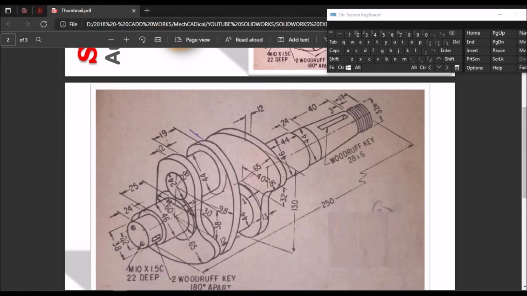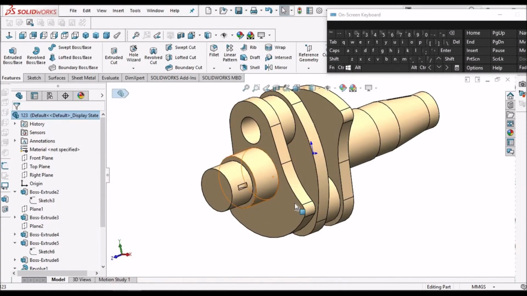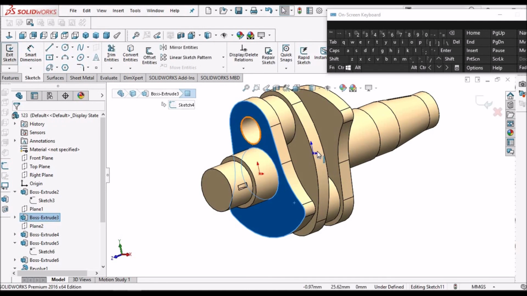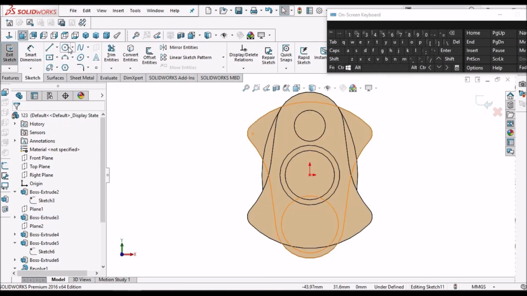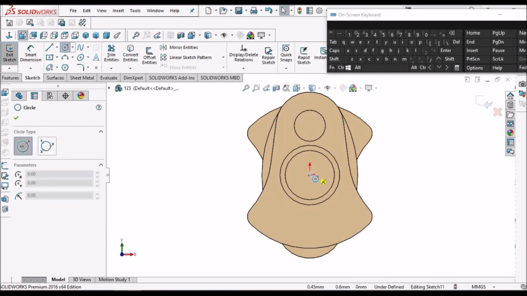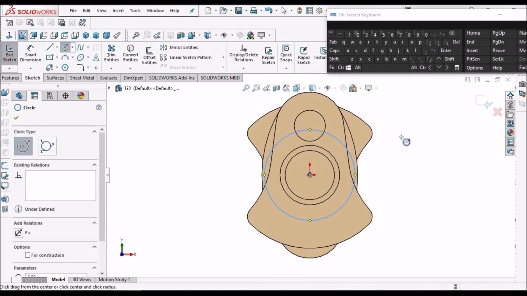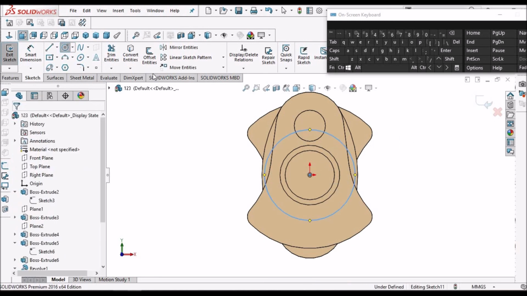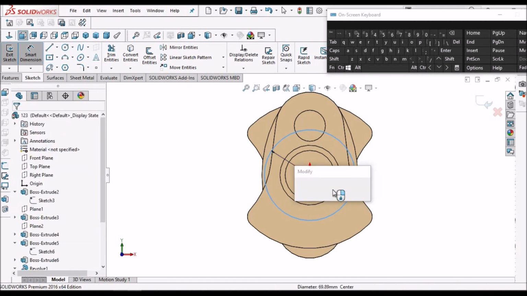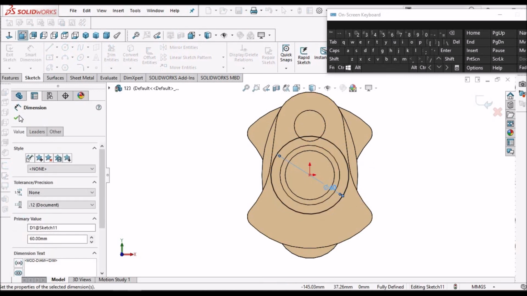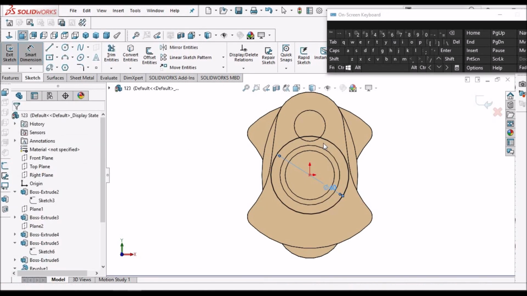This diameter is 60. Select this, go to sketch, keep it normal. And this is 60. Say okay. So there is intersection.